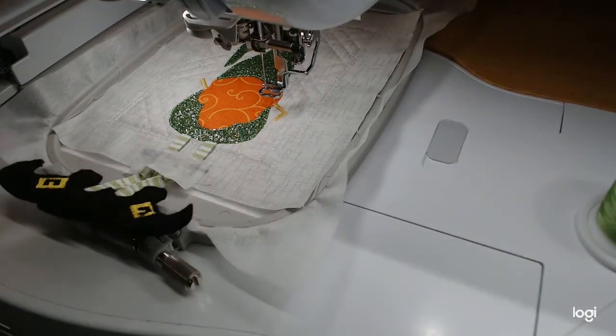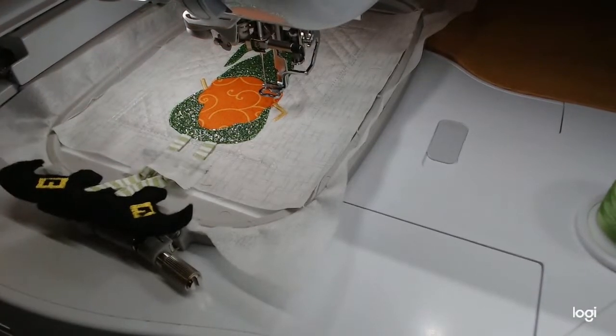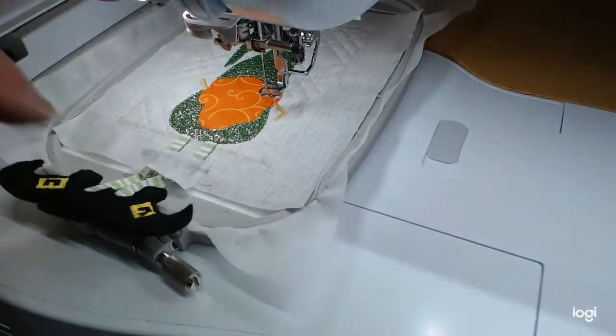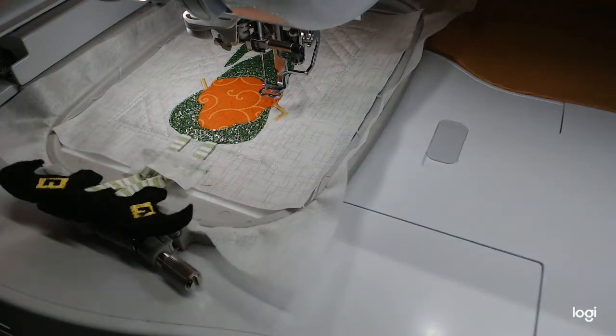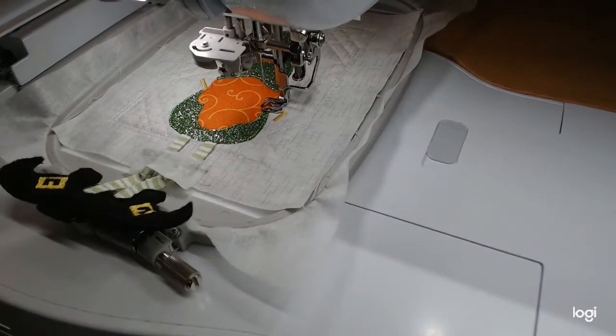Okay, so now the next step is going to be his body. So it's going to do the decorative stitch on his body. And this one definitely is a motif. So you notice that I used the green for the tack down line too, because it might show through. So I like to change my thread for my tack downs to match my finishing stitch, whatever it is, because every now and then